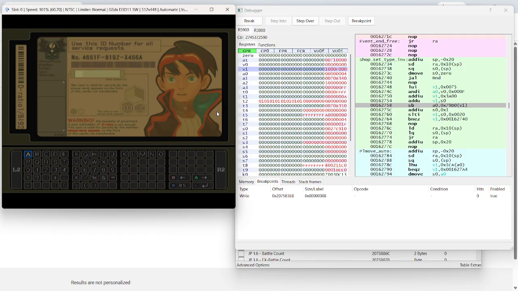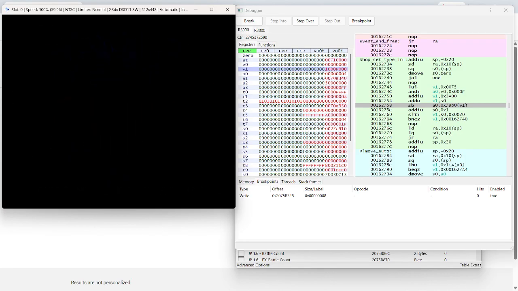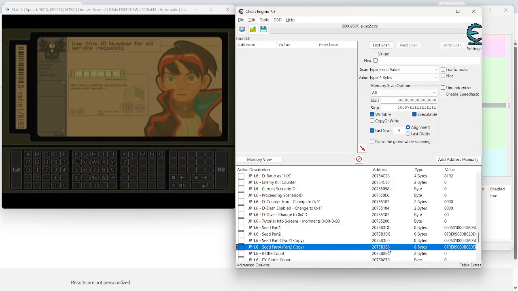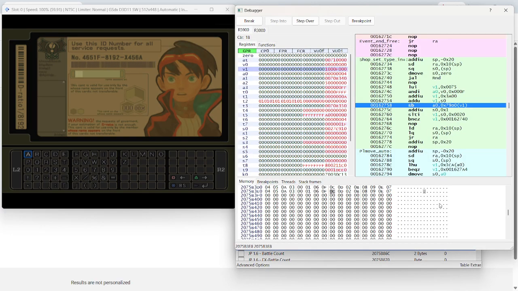This should take us to the finish line. So 2, 4, 6, 8. Done. And this takes us all the way to the end of the E line, which is here, which is the end of the byte. If I look at it in memory,